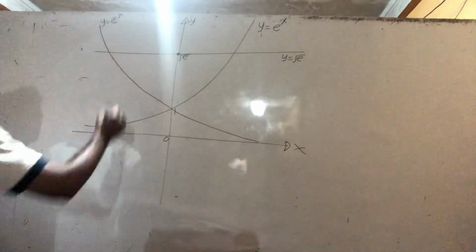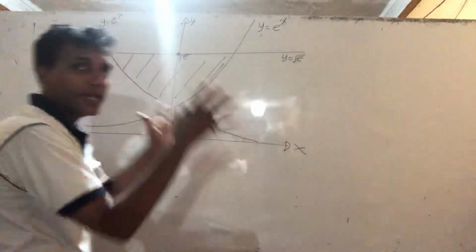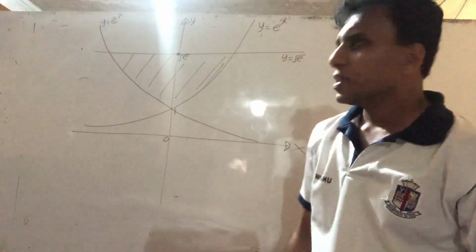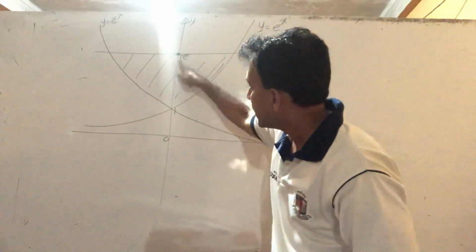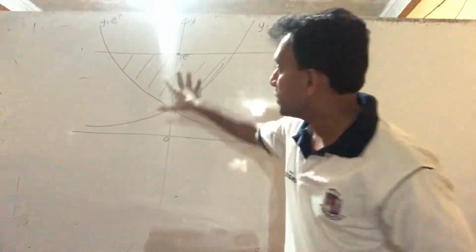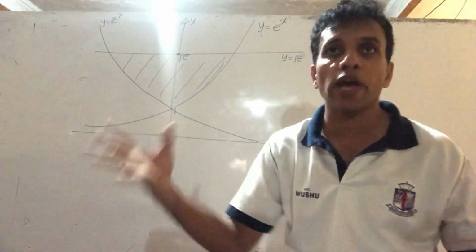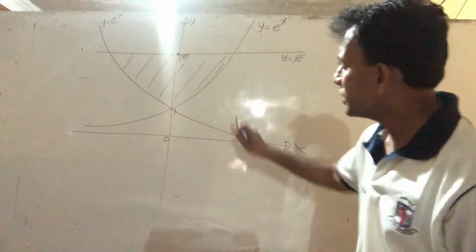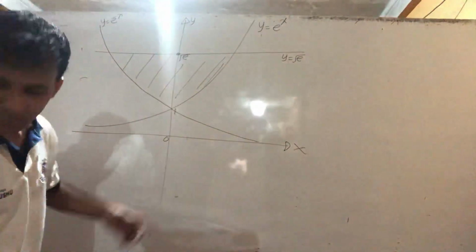So we find this area. This is a simple symmetric diagram. If you know this area, the answer is double. If this is 20 square units, the entire solution is 40 square units. If this is 10, the answer is 20. So best find this area and double it, right? We find it about the x-axis.